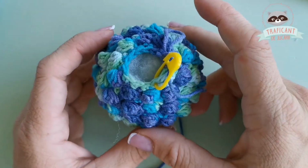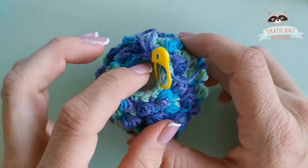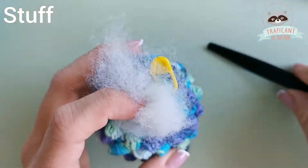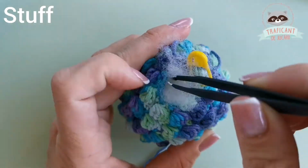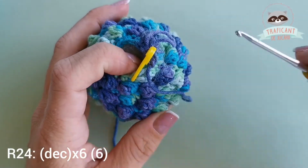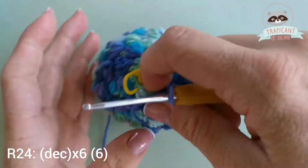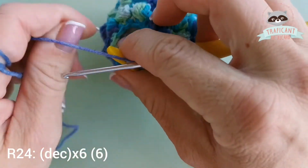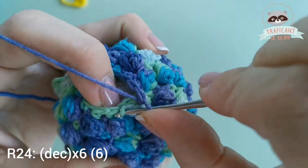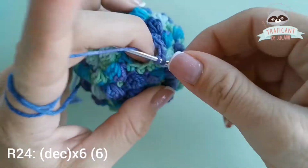Now before I go to my last row, row 24, where we will have 6 decreases and close the gap, I'm gonna be sure I've stuffed my toy as much as I needed. And I go to my 24th round and have 6 decreases. I like to have my decreases tight so I won't have gaps into my toy. So I work only on front loops and I make decreases. 1,